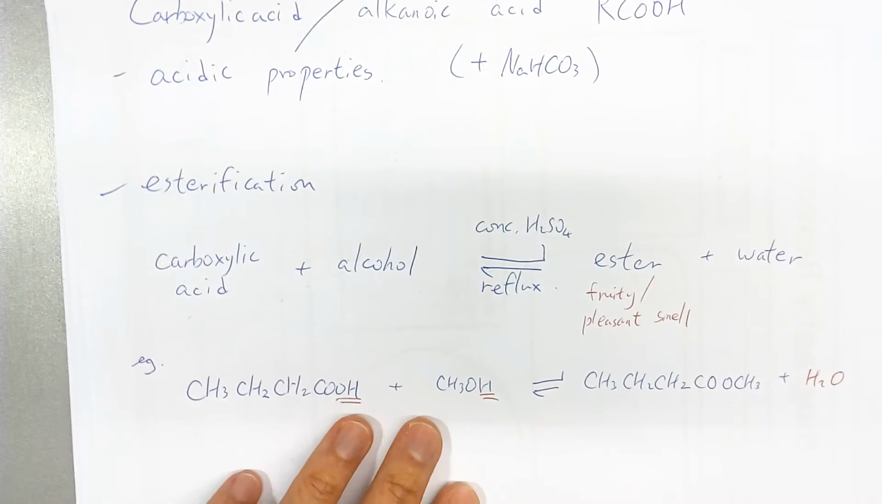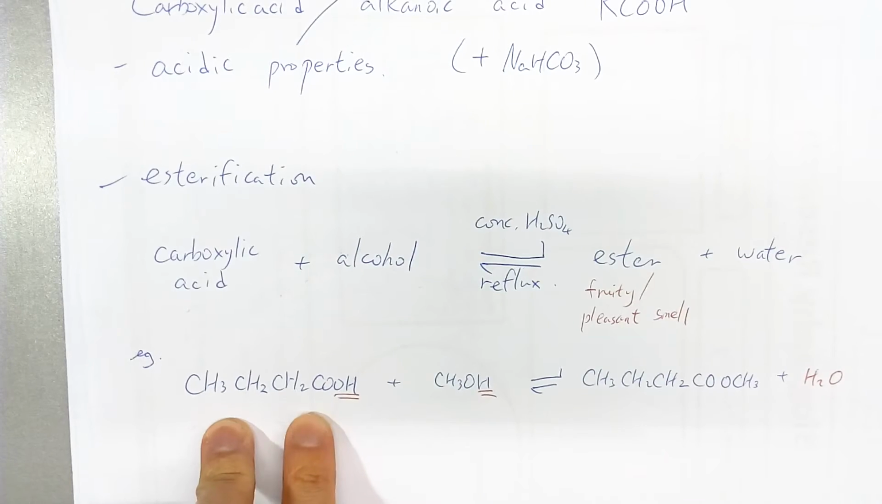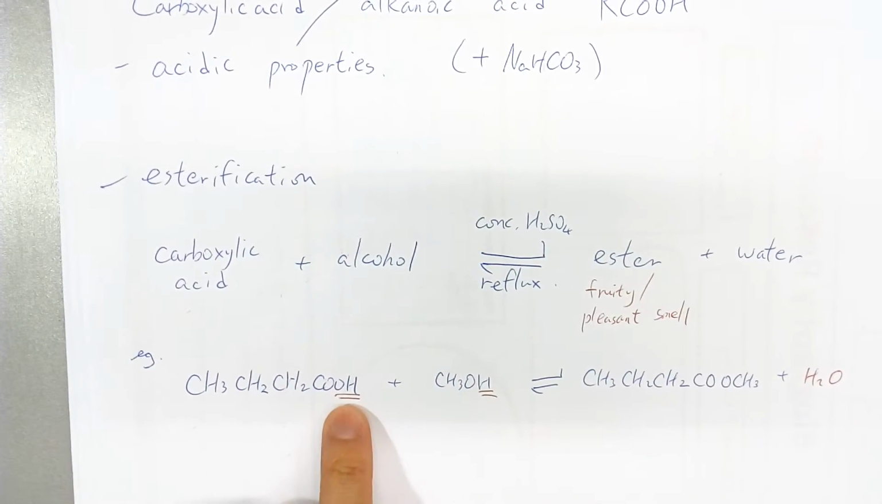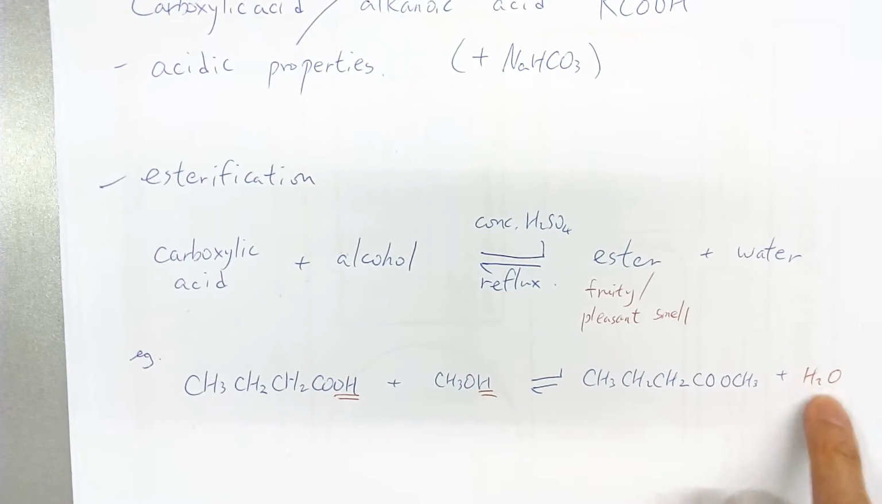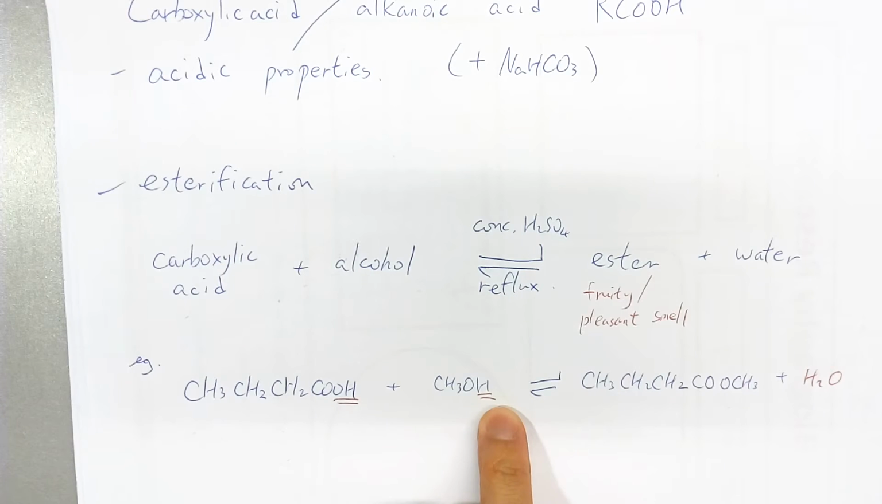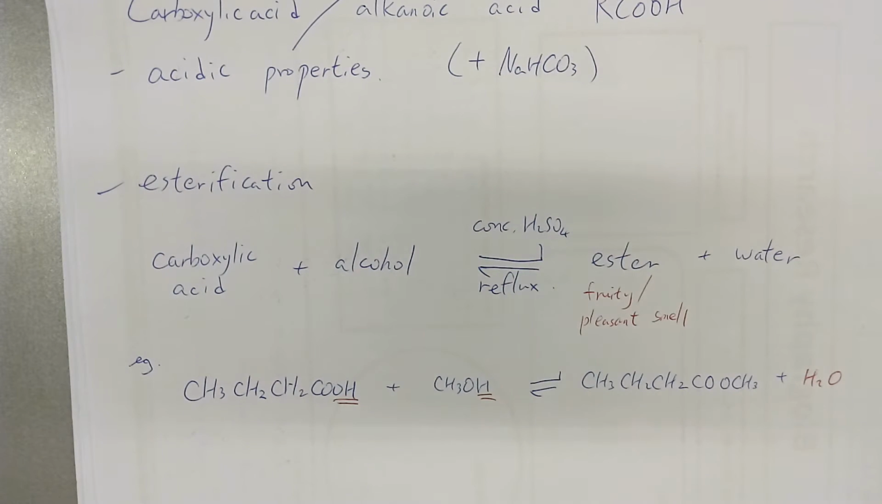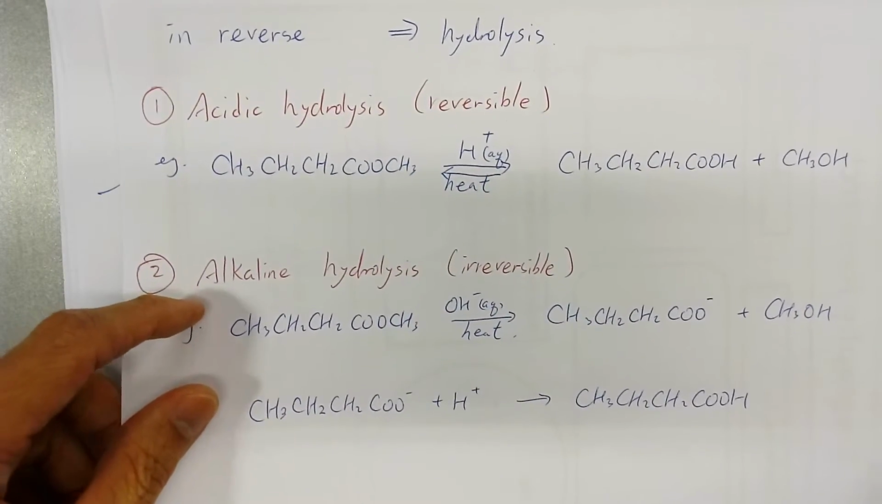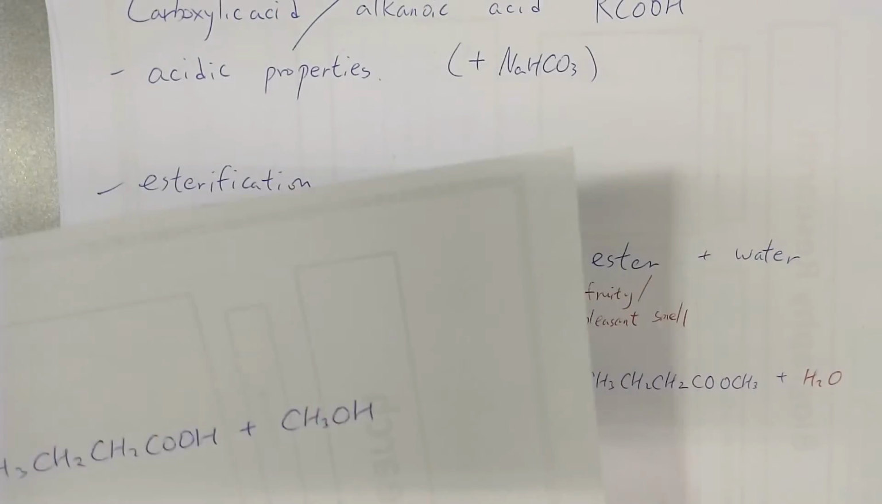So here is an example. The carboxylic acid reacts with alcohol to form ester and water. So you can see the water actually comes from the OH contributed by the carboxylic acid and the H contributed by the alcohol, okay? Now, but we will talk about the reverse process first, okay? For the reverse process, okay,